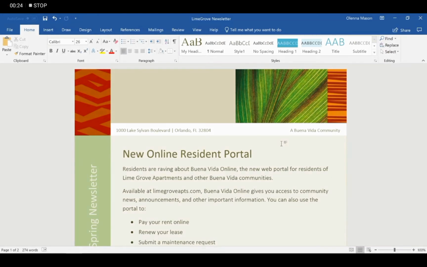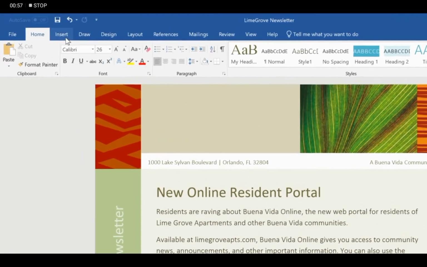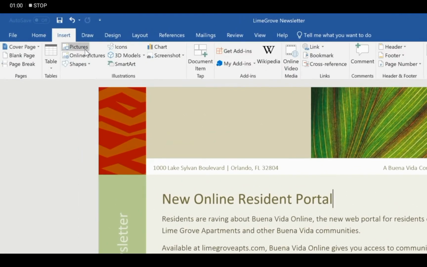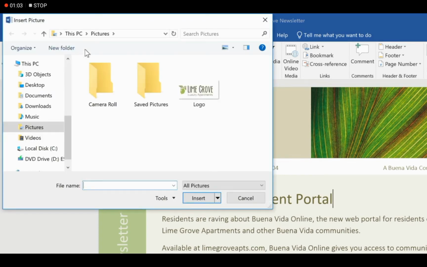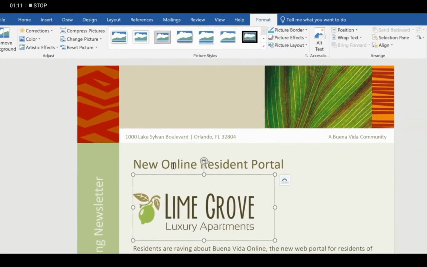MS Word provides many different ways to insert a picture in your document. You can insert a picture from your computer or you can also insert a picture with the help of the internet. Now I will tell you both ways. To insert a picture, click on the Insert tab, then click on the Picture option in the Illustration group. Now select that particular picture and click on Insert. It will insert that picture in your document.